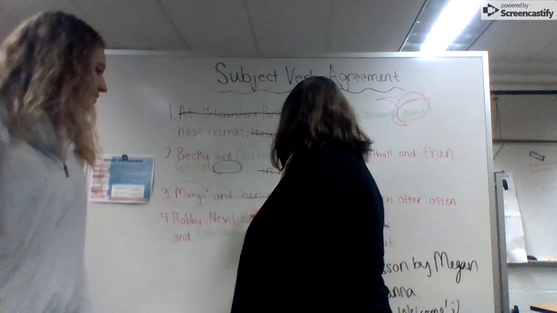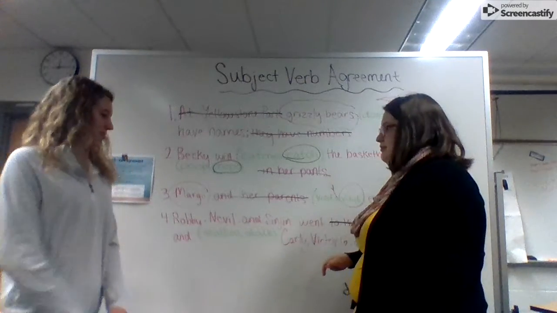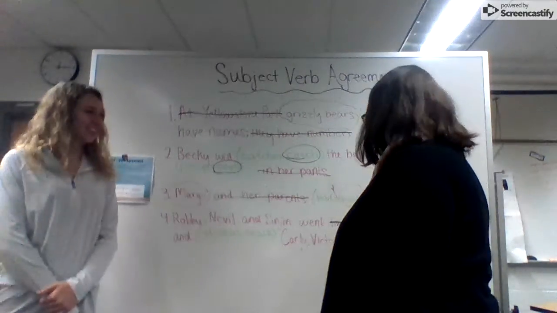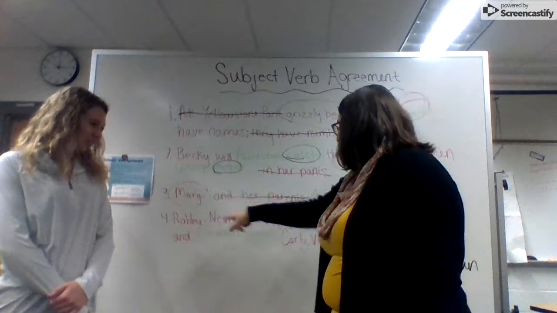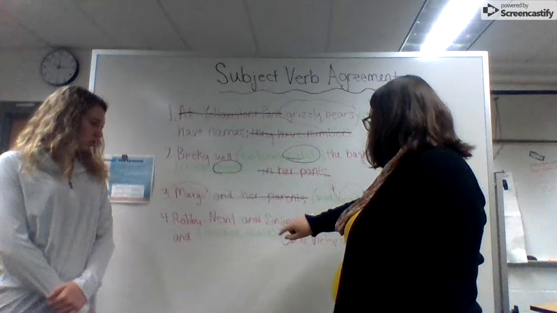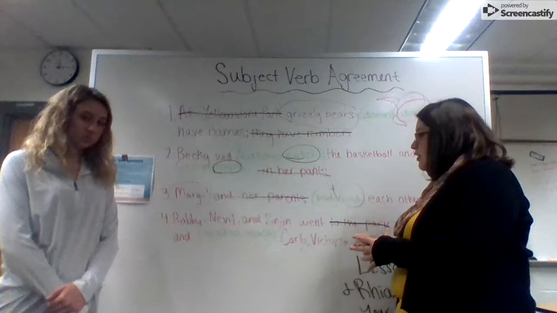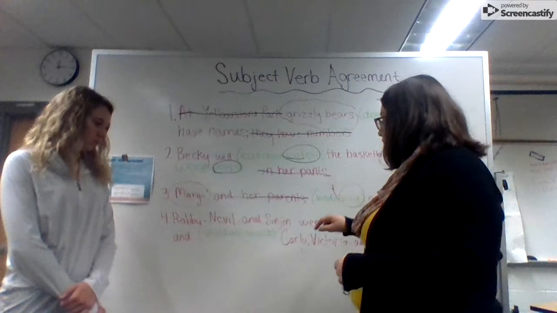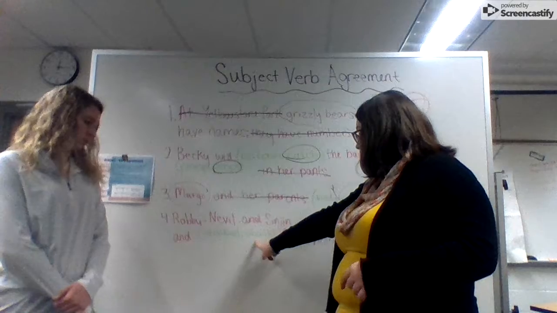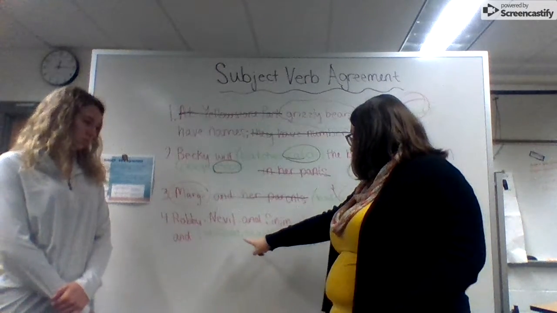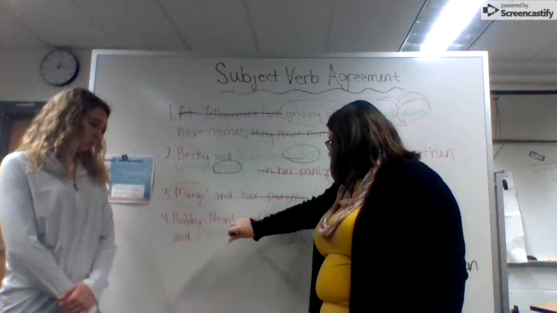Since Robbie and Neville and St. John are not one person but are all together, that's a group. So they're plural. So when we go here, this has to agree with them. So they stalked